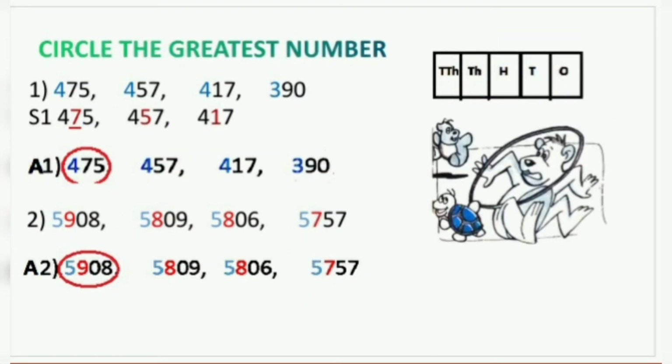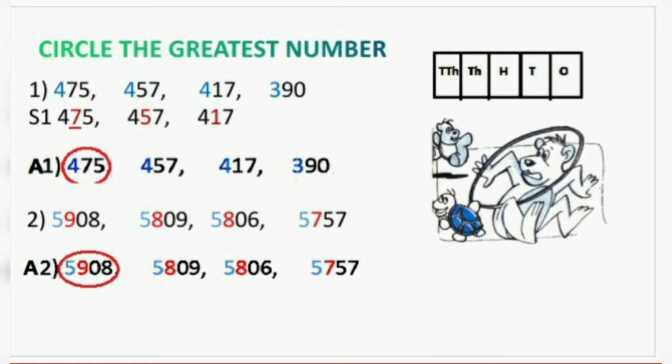Look at this question. You have to circle the greatest number. You can see all the four numbers are 3-digit numbers. Once you have given the places ones, tens and hundreds, you have to look for the highest place, the digit in the highest place, which is the greatest one. So here you can see 4, 4, 4 and 3 respectively in each of the numbers. Clearly 3 will be the smallest one. So here that number is eliminated.